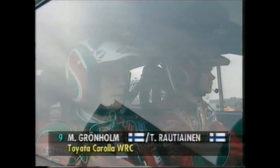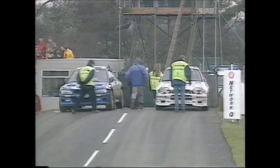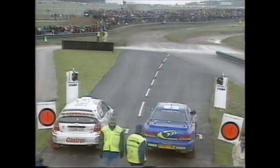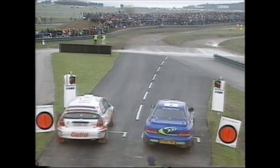There's Marcus Gronholm, the Finnish champion, and then ex-Flying Finn, who knows, he's driving the Toyota. And there's Piero Liatti, probably the best tarmac driver in the world at the moment, with the lovely Fabrizio Pons as his co-driver. Liatti is going to be driving all 14 rounds in the blue Subaru in the World Championship next year. So Liatti in the blue Subaru, Gronholm, the Finn, in the multicolored Toyota, and there they go. Piero Liatti, considered by some to be a tarmac specialist, but he's really shown in some of these loose stages that he's an all-round rally driver